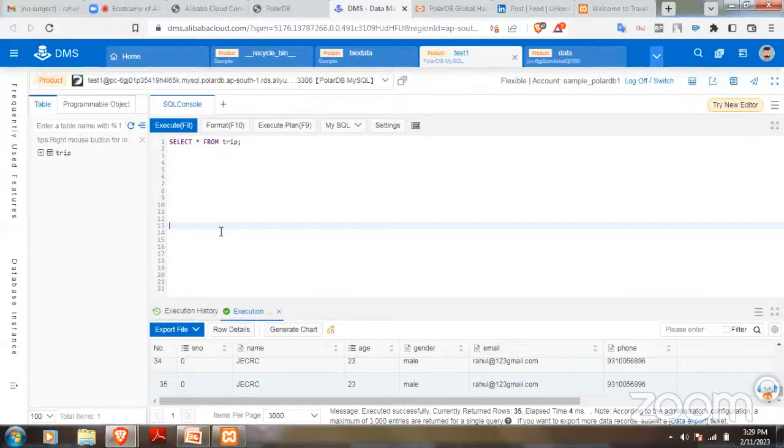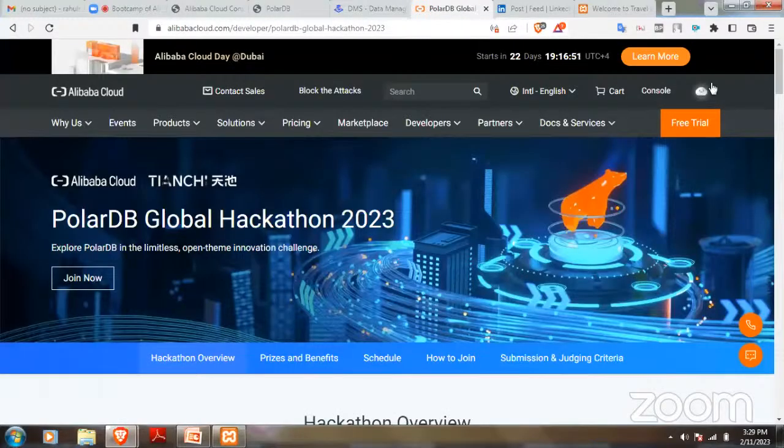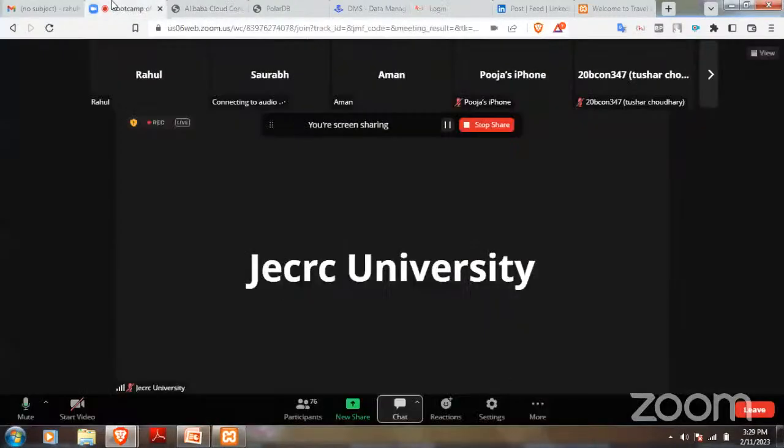So I just want anyone from the session, if you have your account, to share your credentials. What I'll do, I'll just log out, and I'll try to show you from your account as well how you're going to create the instance, how you're going to take part in this particular hackathon, right? So anyone, I'd love to take your credentials.